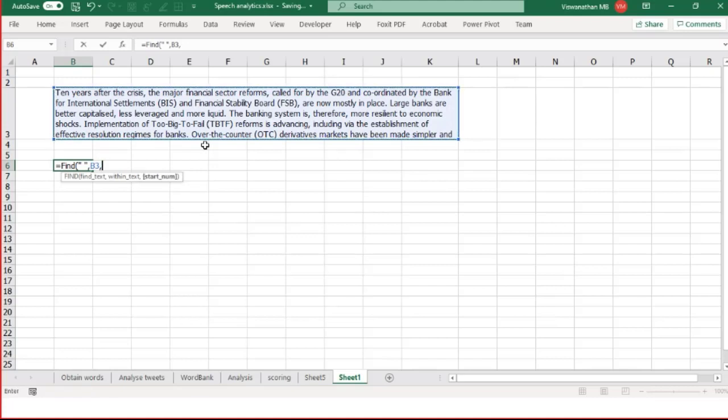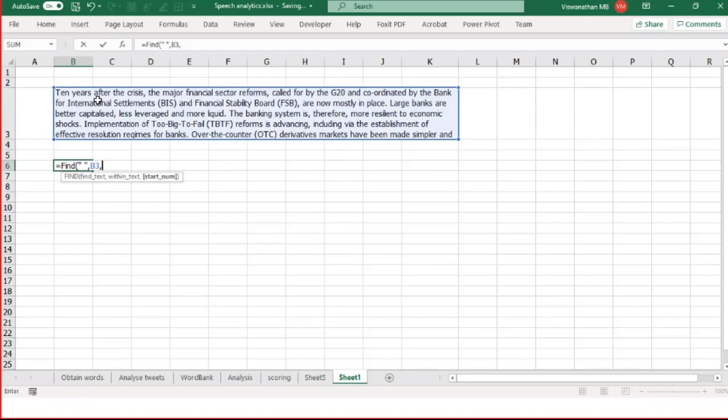Now after specifying in which text you want, you have to specify the next thing here, and that is the starting number. Do you want to start from the beginning? Because if you start from the beginning, then my first space will be in the 4th position. But if I start from the 5th letter, if I don't look at the first 4 letters, then I'll have my next space coming in 5, 6, 7, 8, 9, 10. The 10th position is where I have the space. So I have to specify the start number. But right now I don't know where to start.